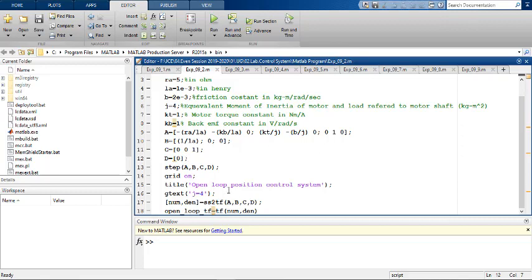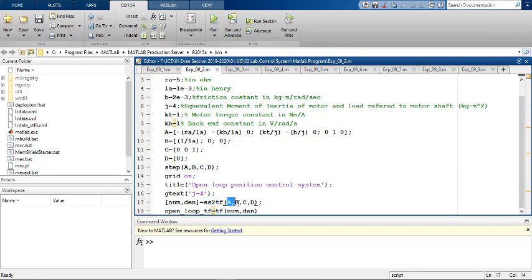Okay, and here in the last line, the open loop transfer function is created from this ABCD parameter. Initially you have the ABCD values, the state matrices. From the state matrices you can transfer back to the transfer function by this command, ss2tf, that is state space to transfer function.